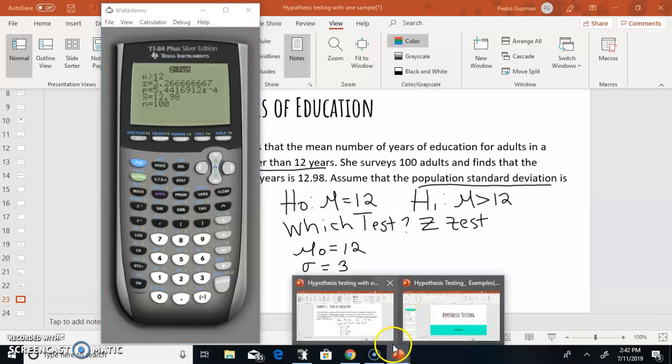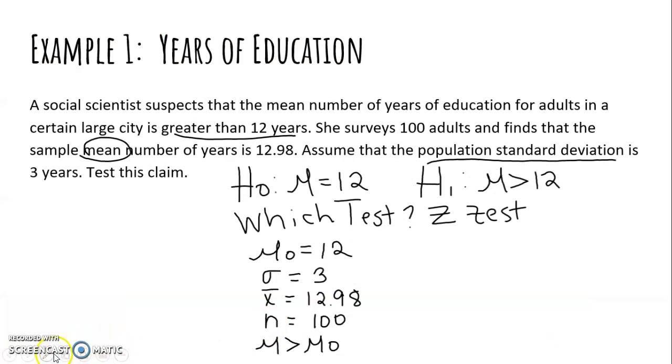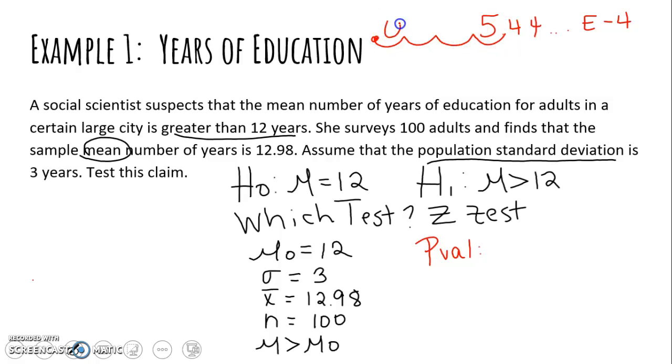Okay, so going back to write out what we found. Okay, so I'm going to write my p-value. Now, my p-value was 5.44, etc., e to the negative 4. So that means I need to move my decimal 1, 2, 3, 4 places to the left, and I get 0.0000544, etc. I want to round to the 4th decimal place, so the 4 tells the 5 to stay a 5. So my p-value is